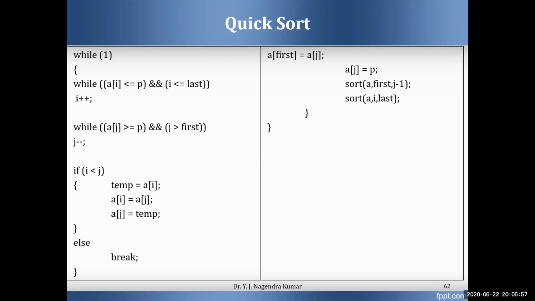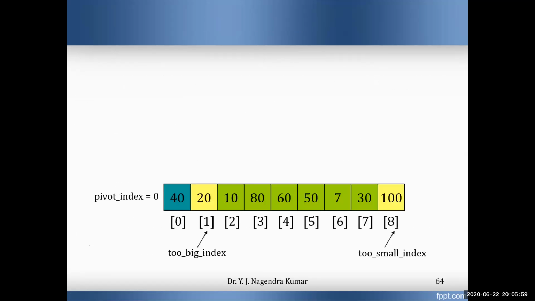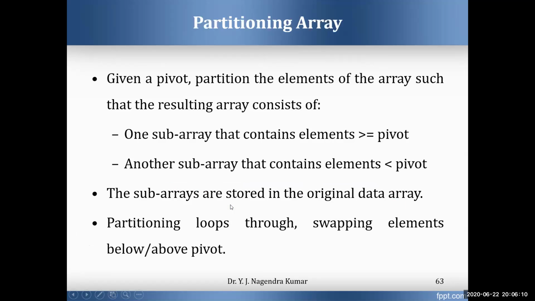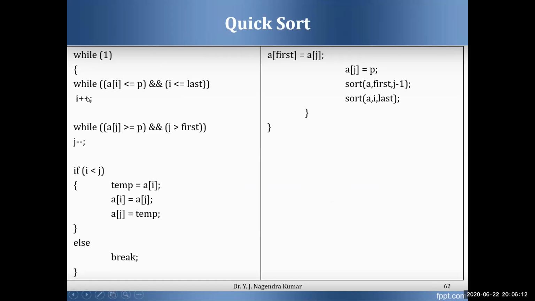That means in the previous diagram, we are incrementing this two big index. Okay, you are comparing 20 with 40. If 20 is less than 40, now you have to increment two big index. Here two big index is what? i plus plus. Again it checks the condition. i plus plus. Now it is what? 2. A of 2 less than pivot element and 2 less than 10. The condition is true. Again it increments the value of i.